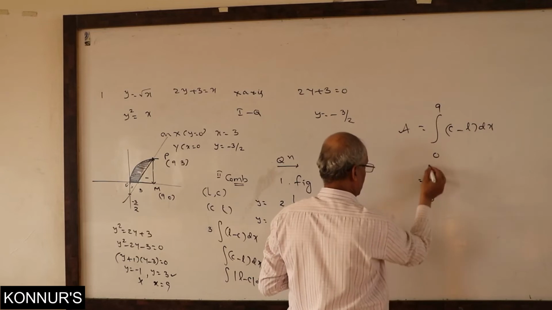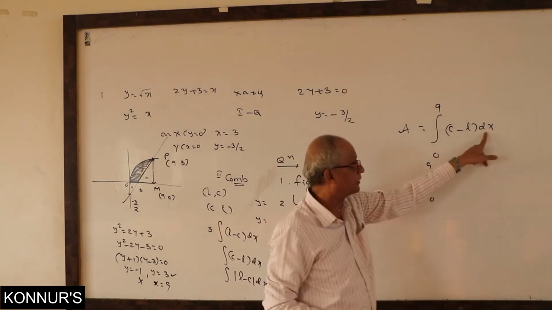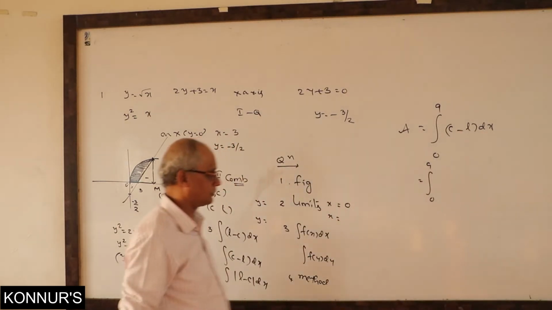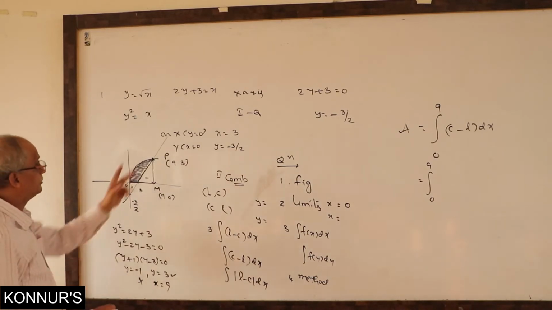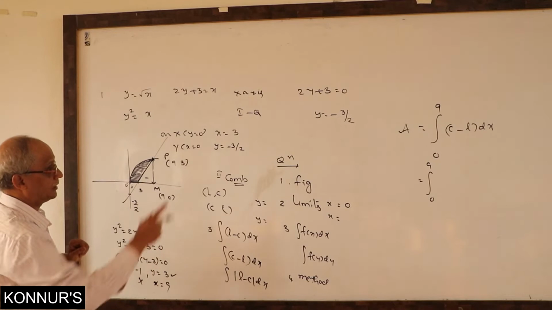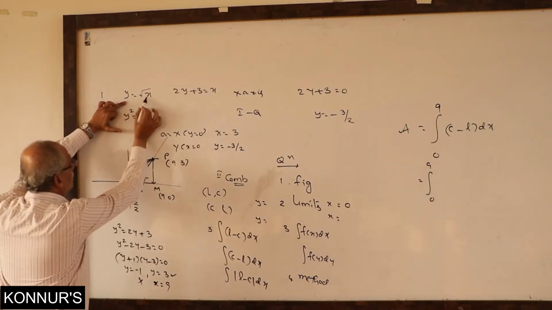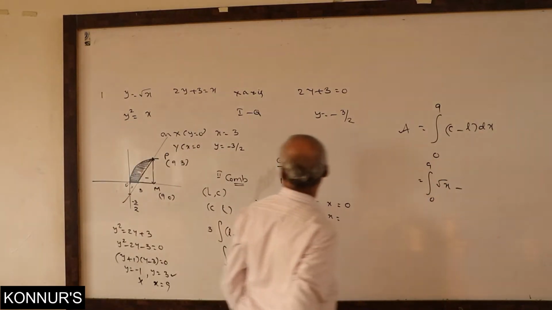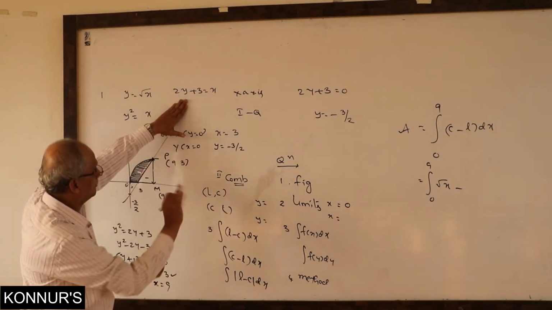Here we have to write curve in terms of x, line in terms of x. Otherwise you will go to a wrong answer only. Danger. Every time, for every second, must be with the question. What is the curve equation? This one. Y is in terms of x, so root x. Minus. What is the line in terms of x? He gave it like this. You have to modify.